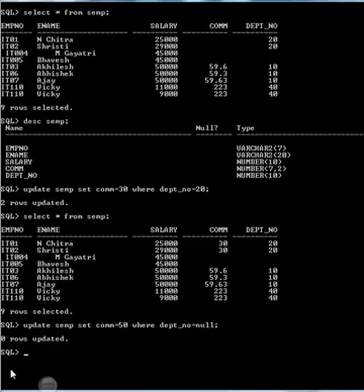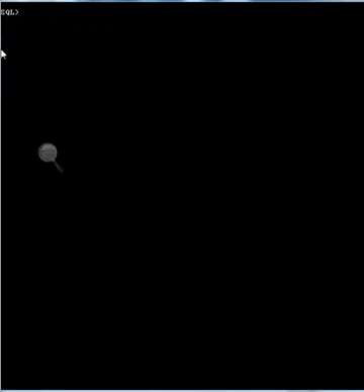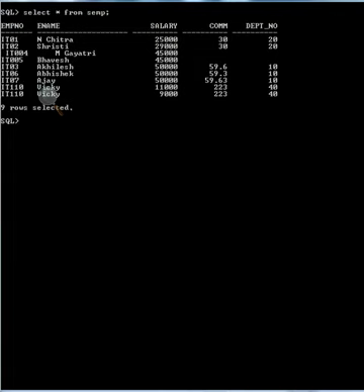Just see through the examples. Let's clear the screen. If I want to see the ACMP table, I can write select star from ACMP. Here is my ACMP table where commission equals 30 for department number 20.